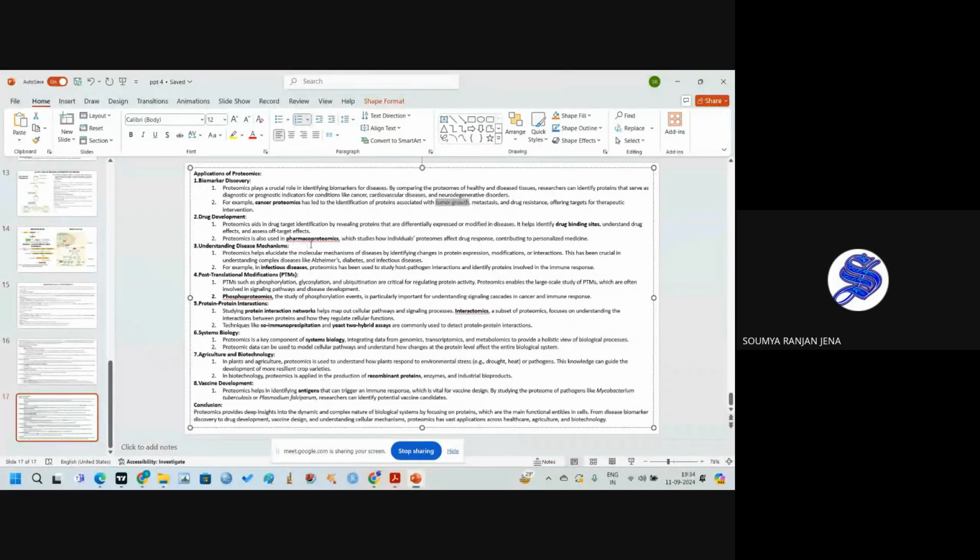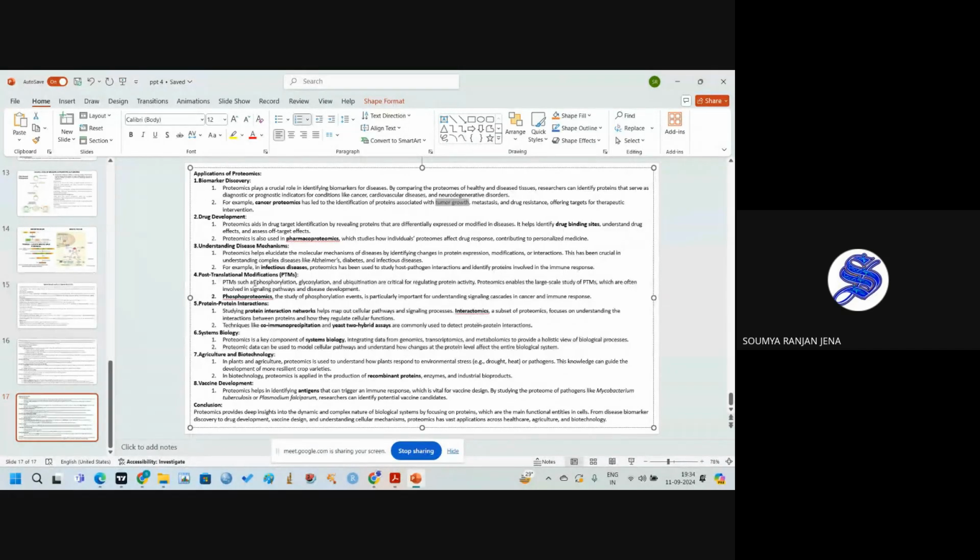And proteomics is also used in pharmacoproteomics, which studies how individual proteins affect different drug responses, contributing to personalized medicine. And we also understand different infectious disease mechanisms, and we also study the post-translational modification by